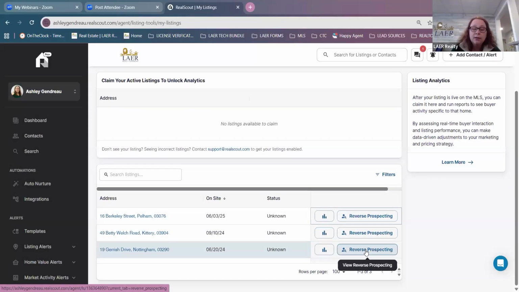What I like about the Realscout one is that it breaks it down. It'll tell you the agent, the brokerage that they're with, how many buyers they have set up in Realscout, right? This does not take into account data from MLS. This is just within the Realscout platform. It'll give you how many buyers they have within Realscout, and a number of how many buyers have looked at it. And then there's some more data, but I can't remember what else it gives you on the reverse prospecting